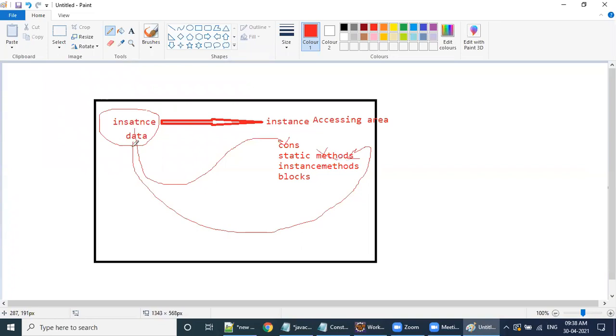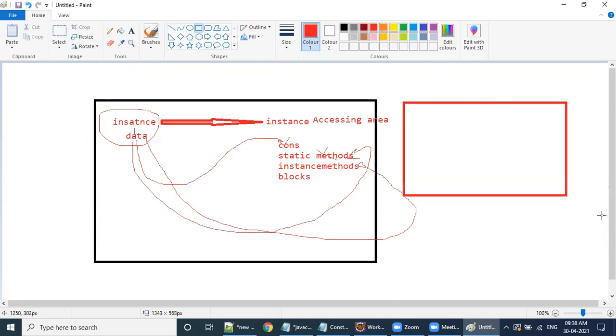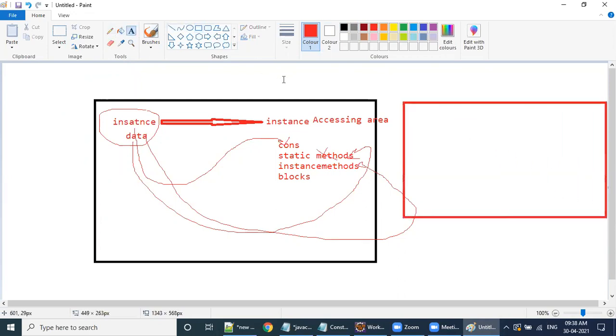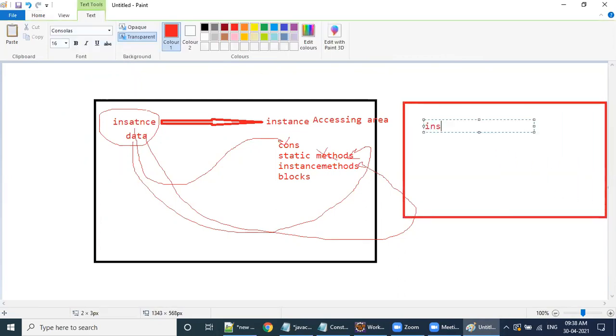Now, instance data can be accessed in an instance method directly. Sir, you don't need to remember all these things. Just see the diagram, you will get it. Instance to instance access is possible anywhere, it may be an instance block or anything, that doesn't matter.